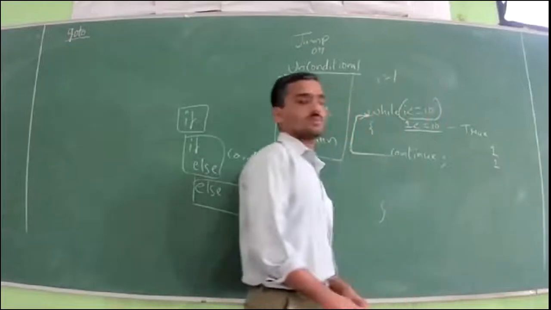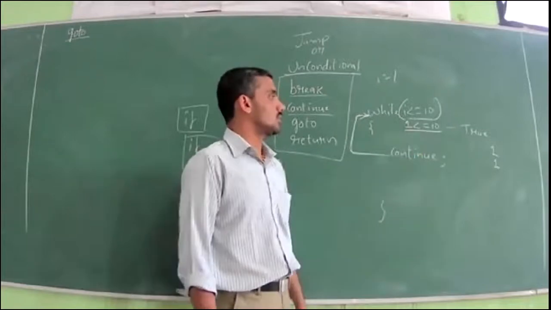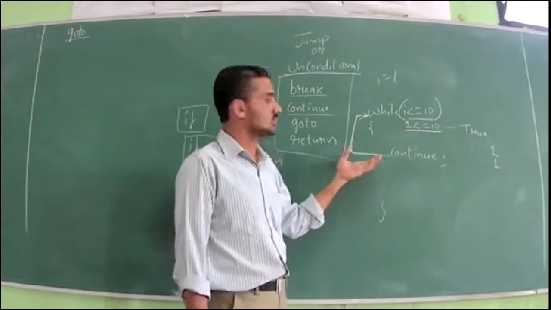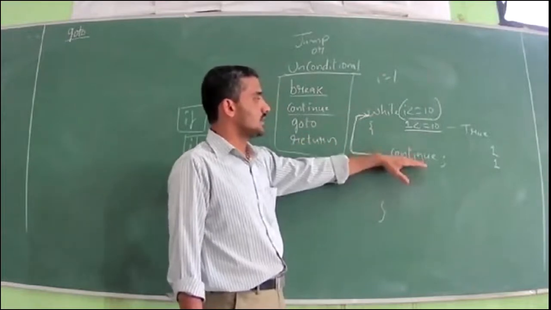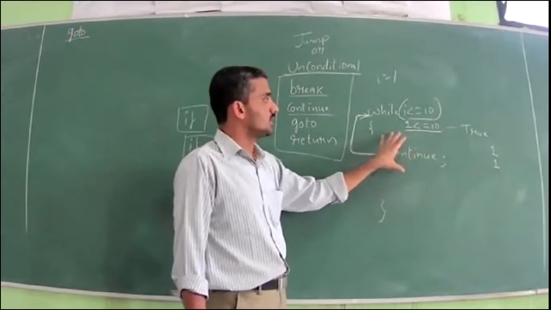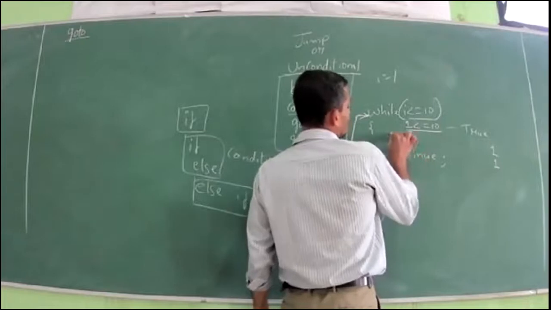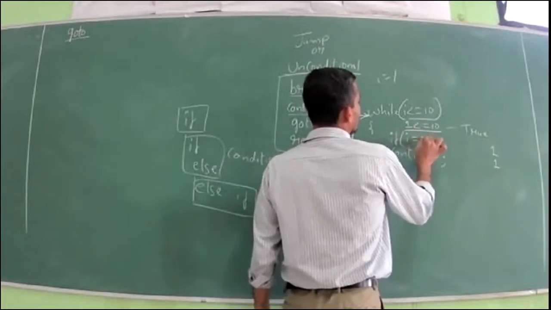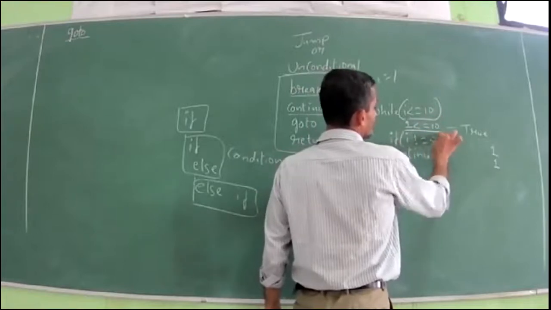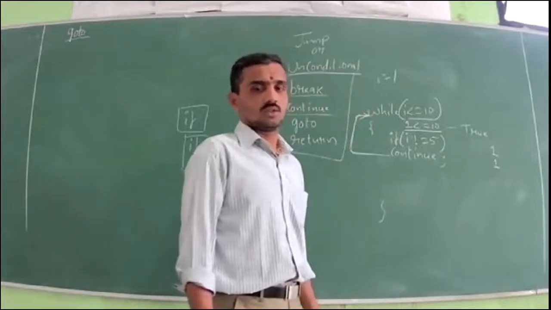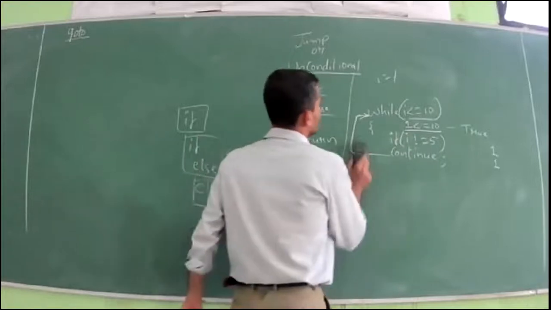So many times the program control moves back to the condition. The i value will be the same. So it will keep on printing number 1 an infinite number of times. It will not stop only because you are telling it at each line to continue the loop. See, unless and until this continue statement is used with a condition, this looping statement will execute an infinite number of times. So just before this keyword continue, you write the condition. If i not equals to say 5, then continue. Some condition. Okay, we have displayed numbers divisible by 5, like that. Some condition. Okay, next.